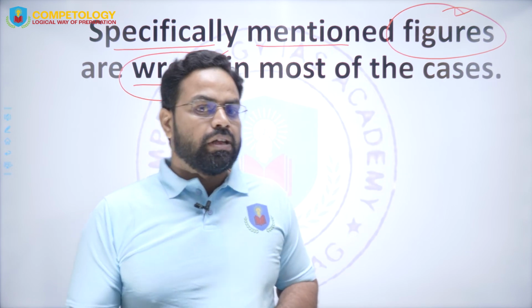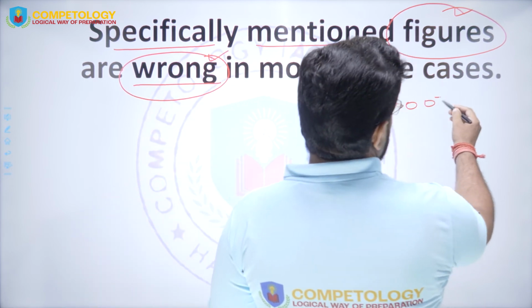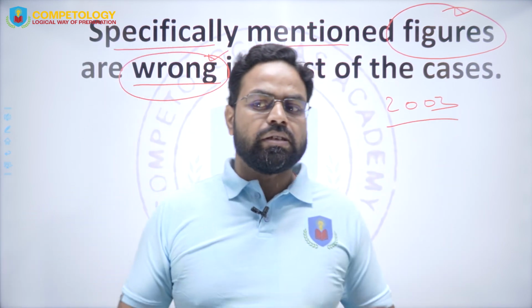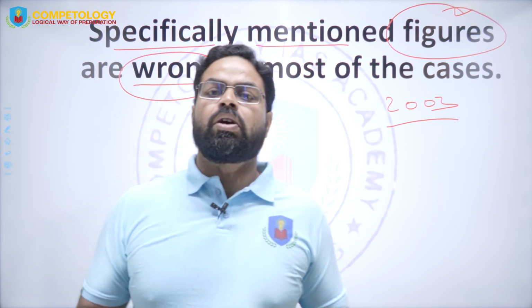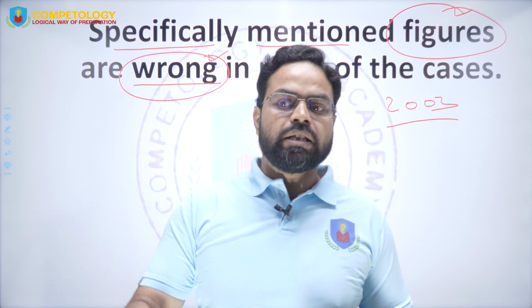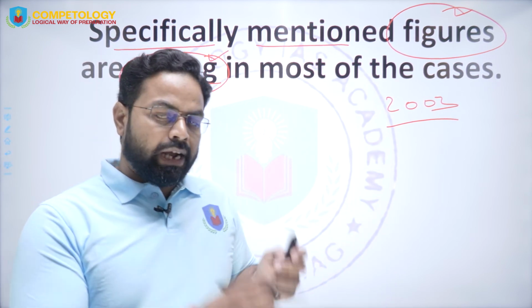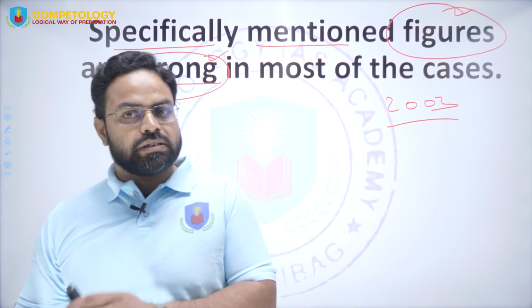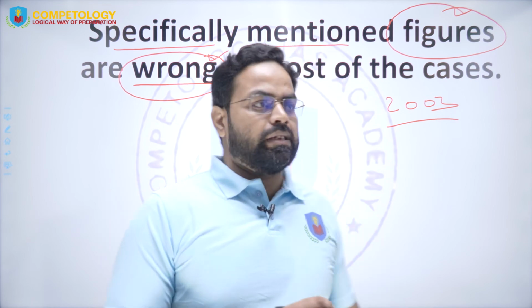So the figures, like in some questions you will find that such kind of organization was made in 2003 or 2006 or whatever it is, then you will find that in most of the cases such kind of statements are wrong statements. Rarely such kind of statements are the correct statements, and in 90% of the cases if you negate such kind of options, then you will arrive at the correct answer.